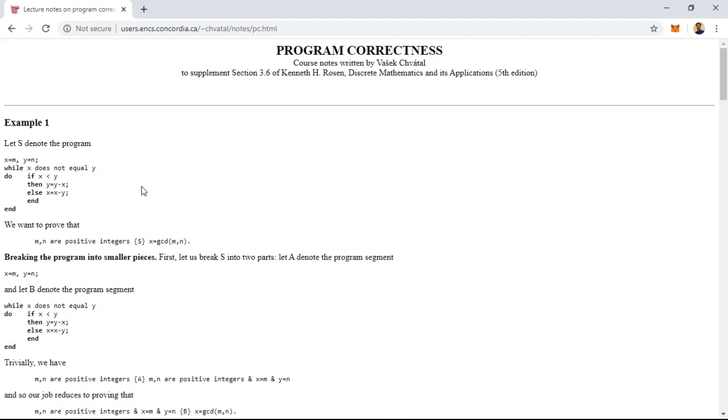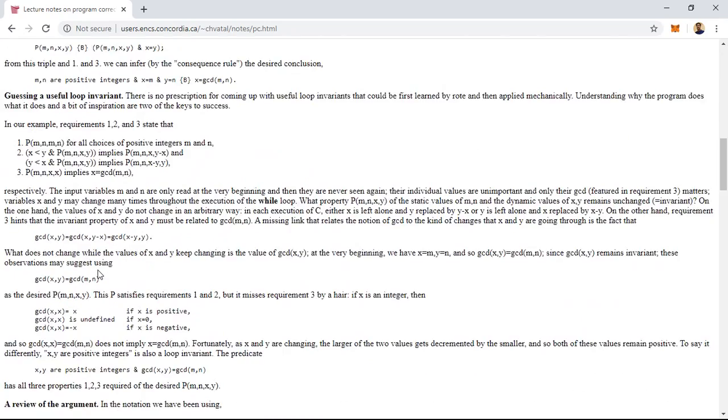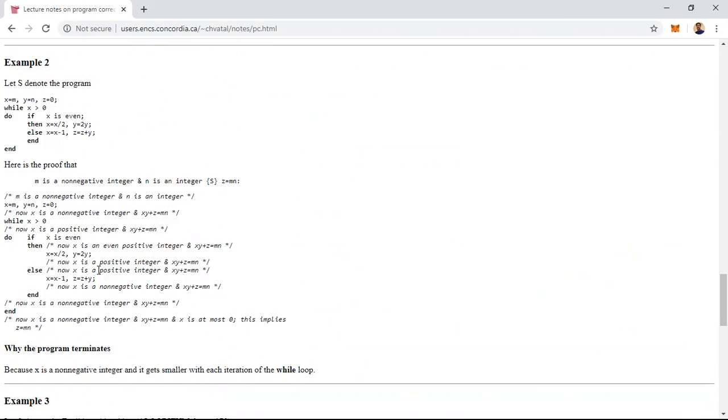Material related to program correctness is also provided, with each example explained in detail, such as example 1 and example 2. They explain where to split the program and how to make it subprogram 1, subprogram 2, etc. These links were provided in the lecture material, and you can go through them.